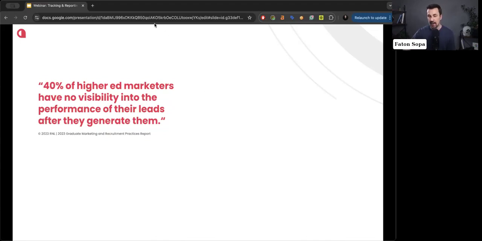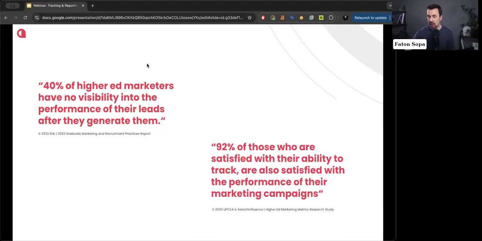On the flip side of that, you have another piece of research by UPCEA and Search Influence that found that 92% of those who are satisfied with their ability to track are also satisfied with the performance of their marketing campaigns. So marketers who have strong tracking in place feel more confident in their campaign performance. That is because data eliminates guesswork. They know exactly what's working and what needs to change.